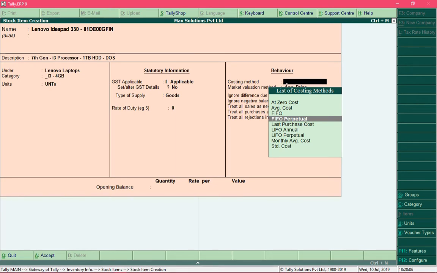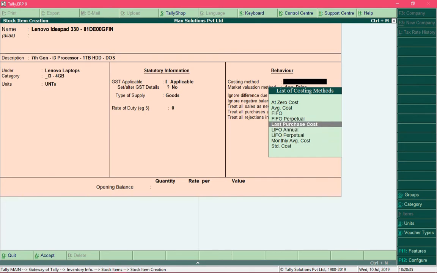So let's take an example. Assume that this product cost 100 rupees, and after 2 days the same product would cost 110 rupees. So we need to tell Tally what price it needs to consider in order to calculate the margin. These are the methods which will determine the cost of your product.